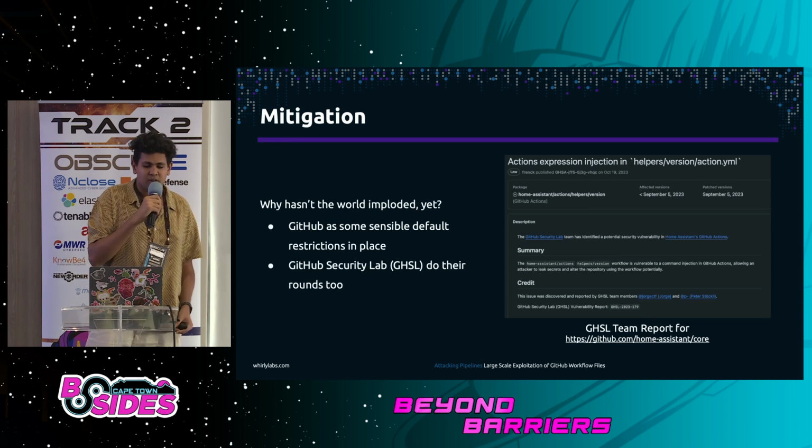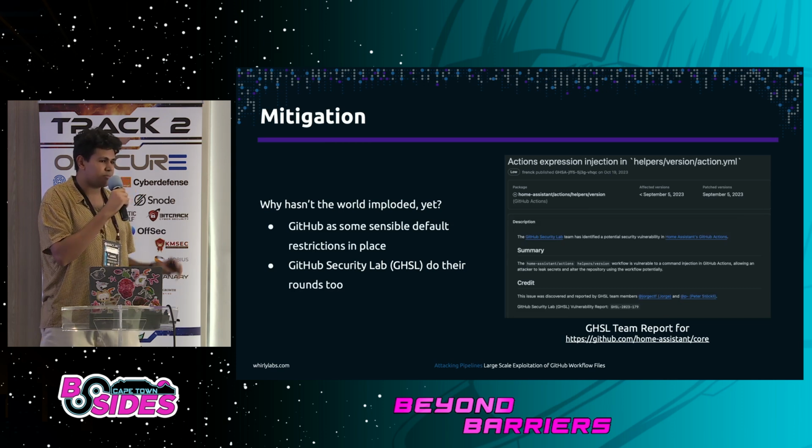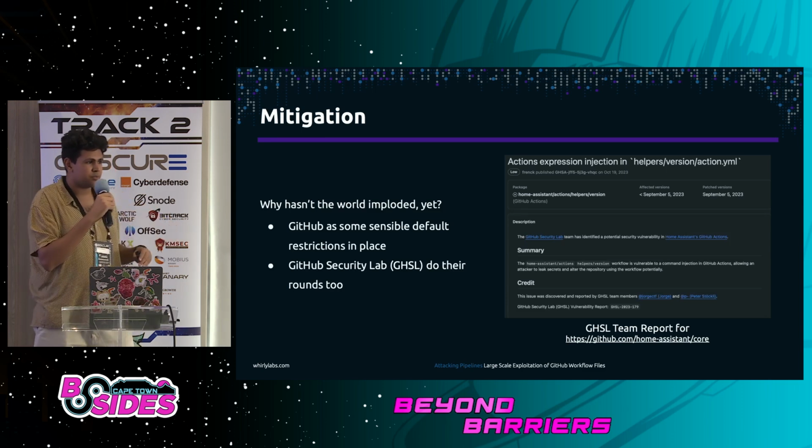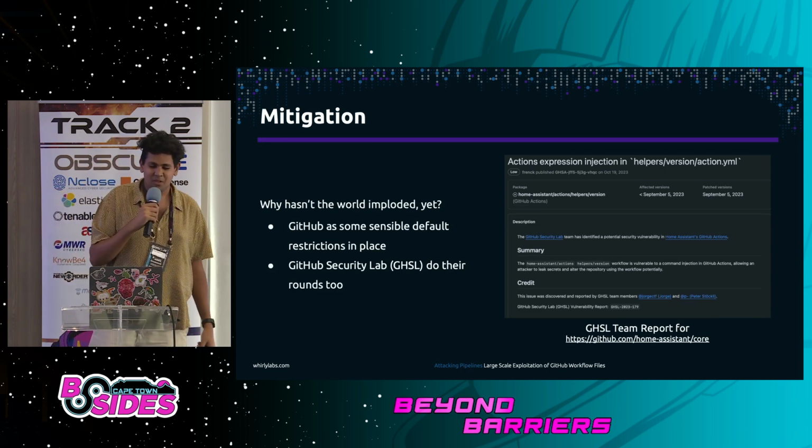You also wouldn't be able to see the output of the program if you have the runner on your own personal machine. For GitHub, the runner shows the log, or the output, on the GitHub interface. But if you have the runner running on your own machine, nobody would really be able to see it unless you configured it in that way. So why haven't you seen a ton of stuff about everybody's GitHub repos being owned, or about that white hat hacker that fixed our sister company's repo? Well, by default,